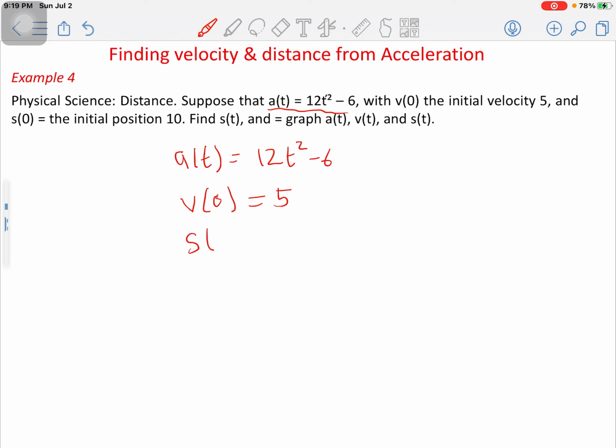And x of 0, which is our initial distance, or initial position, is also 10. Then the question is we should find the distance and then the graph of a of t, v of t, and then s of t. So this is quite